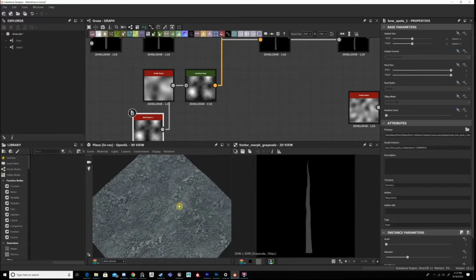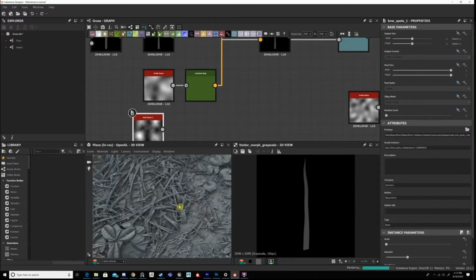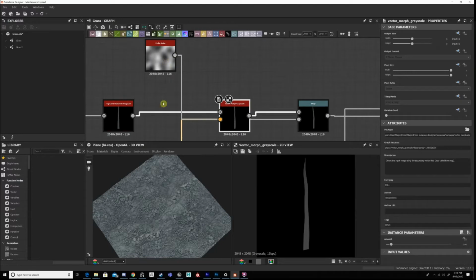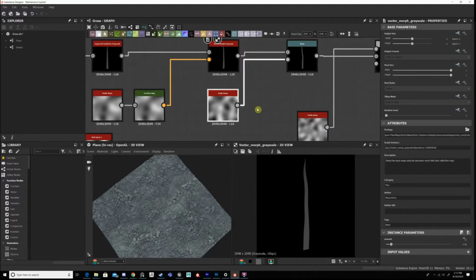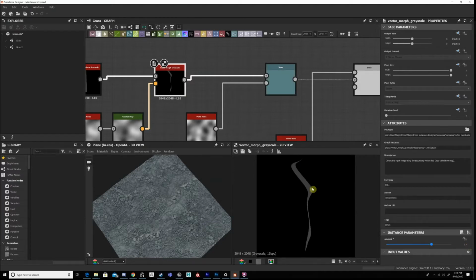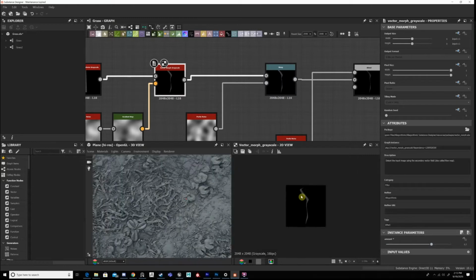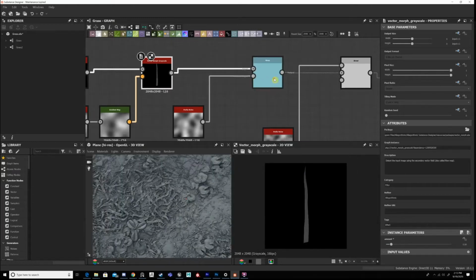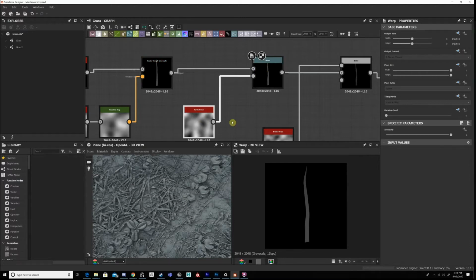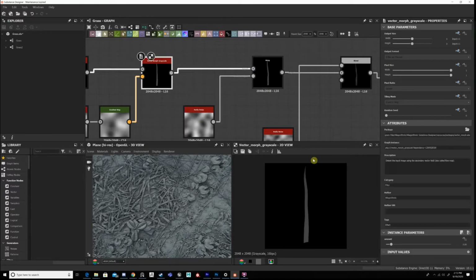Looks similar. Don't really want to change it because it might screw up something, but taking that, and then this Perlin noise. So I have the vector morph. I put it at a low value because, as you can see, if you put it at a high value, it just makes it really, really wiggly, and we don't want that. Then I put it through a warp, and that's just tightening it up a little bit,